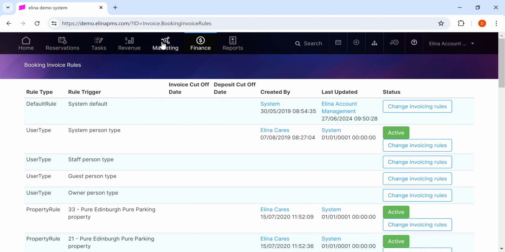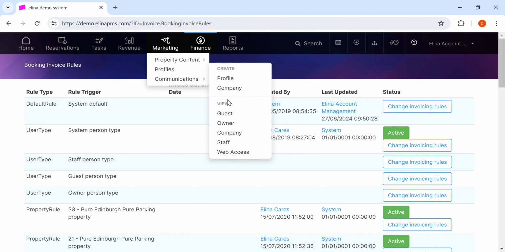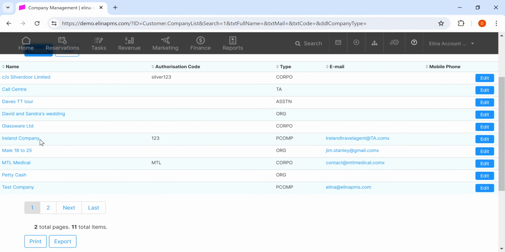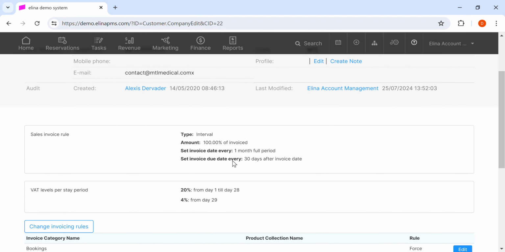If, for example, we go and look at a company, let's look for all companies in here. We could go and take a demo company. This is not a real company because this is a demo system. And what we can do is we can click on this company, which is called MTL Medical, not a real company. And we can go to invoice rules,